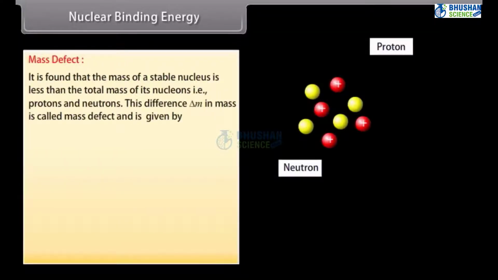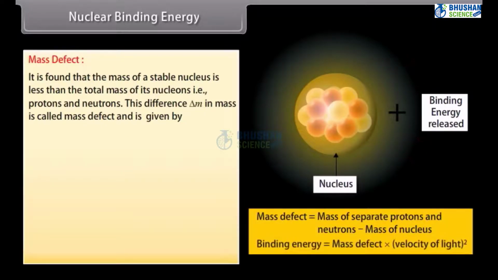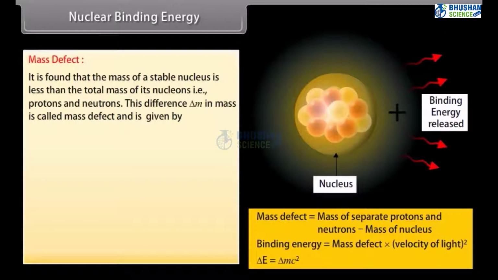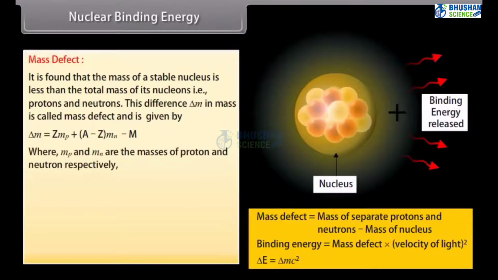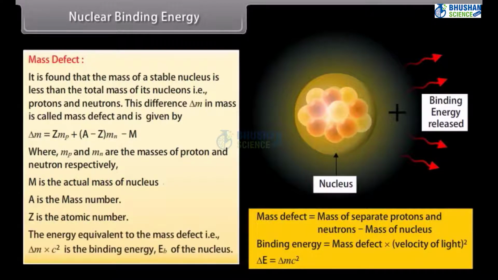It is found that the mass of a stable nucleus is less than the total mass of its nucleons, that is protons and neutrons. This difference Δm in mass is called mass defect and is given by Δm = [Zmp + (A − Z)mn] − M, where mp and mn are the masses of proton and neutron respectively. M is the actual mass of nucleus. A is the mass number. Z is the atomic number. The energy equivalent to the mass defect, that is Δm c², is the binding energy, EB, of